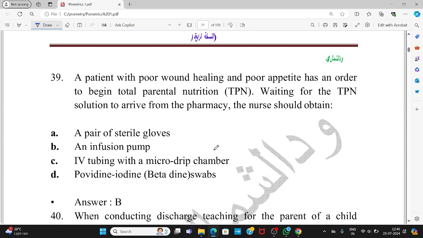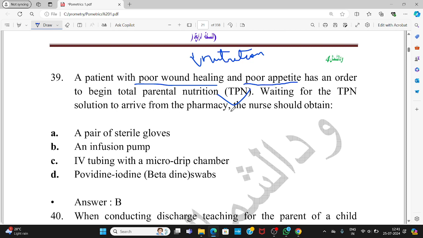A patient with poor wound healing and poor appetite has an order to begin total parenteral nutrition. So the patient is having poor wound healing. Poor wound healing is indicative of nutritional deficiency. Decreased nutrition will lead to poor wound healing. And poor appetite has an order to begin TPN. Waiting for the TPN solution to arrive from the pharmacy,